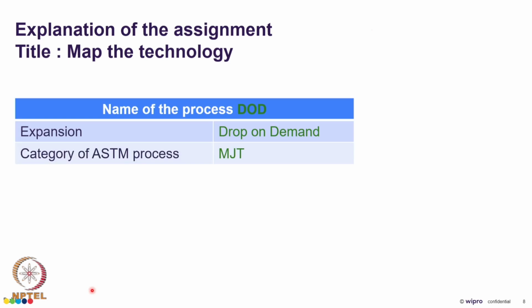The next thing that you have to find out is, I have shown 4 categories in this week. So, out of these 4 categories, which technology does DOD fall under? So, for that you need to read up and understand how the process works. You have to read and understand how DOD process works, and when you read, you will realize that a drop of material is delivered where the demand is there, and that is very similar to what we have understood to be material jetting or material jetting technology. Now, again this will be a multiple choice question. So, we would have written MJT, BJT or SLA and FFF. So, I would have given those 4 options, and you have to choose which is the correct ASTM process category